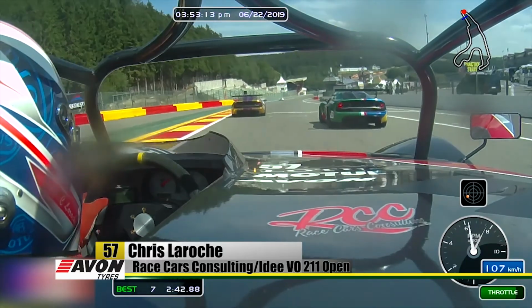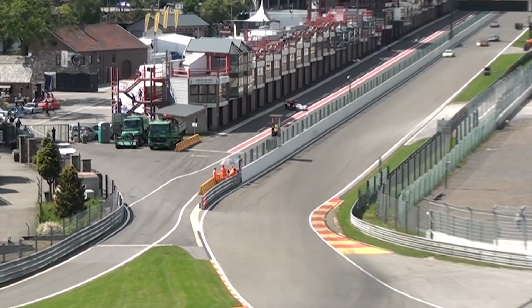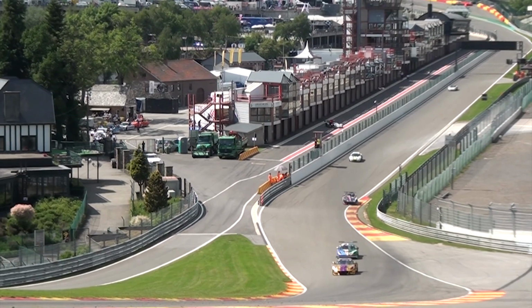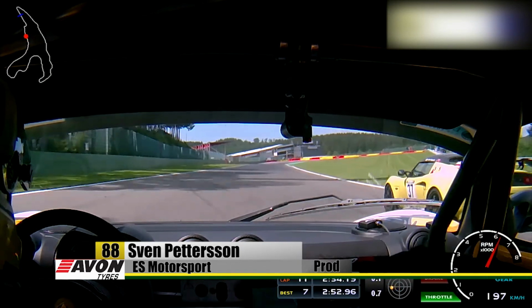That car, when it's finished, has been on the podium every time, but it's going to be another non-finish for him. Didn't start race 2 at Paul Ricard, if memory serves properly, as Sven Pettersson tries to get back at Mark